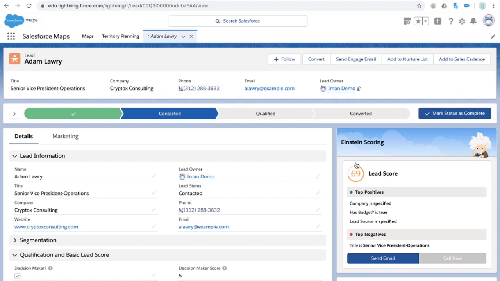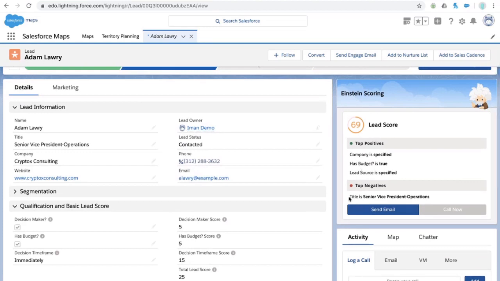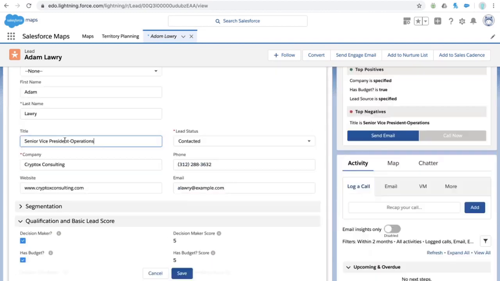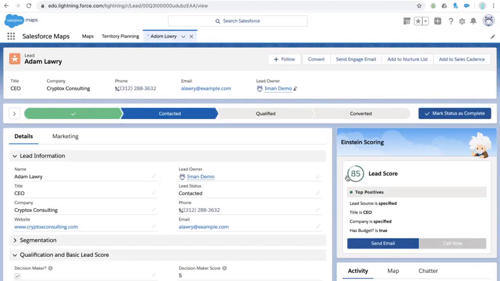It tries to find which leads in the past were the ones that actually converted and bought something. And it tries to then take that prediction and let you know how good this lead compares to those other leads. So here, for example, notice the title. The reason this lead scored poorly is the title. This is not a title you often see when you've converted other leads. So maybe, sure, it's a good company, it's a good budget, it came from the right place, but this is not the right role we typically sell to, right? However, if we were talking to, let's say, the CEO, and I'm going to refresh my page here, maybe we sell to a lot more CEO users, and that might change your score, right?